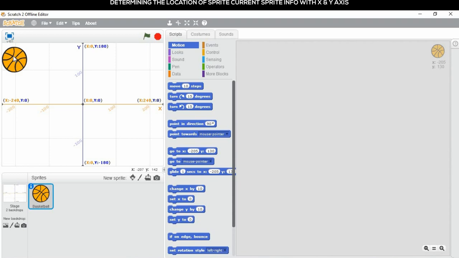And when I am moving my sprite towards the right bottom corner, now the value of x will be plus 186, and y will be minus 109. Now when I start moving my sprite towards the right top corner, the value of x becomes plus 192 and y becomes plus 137.